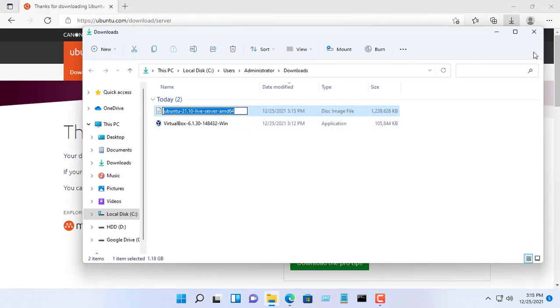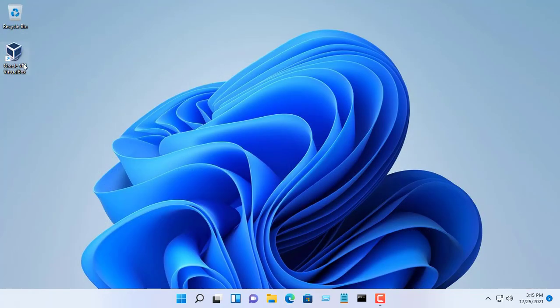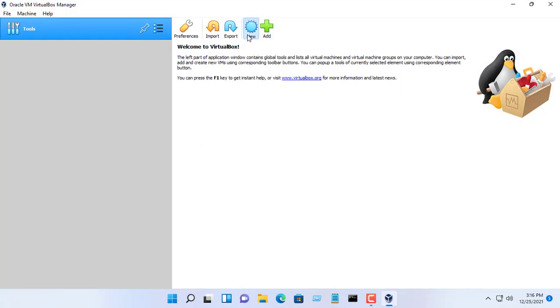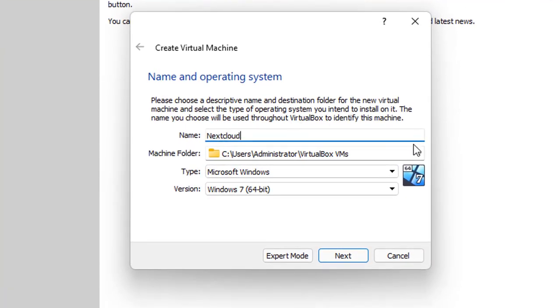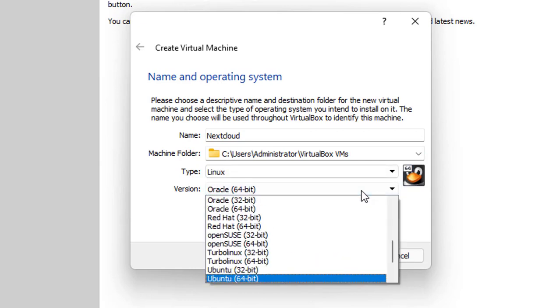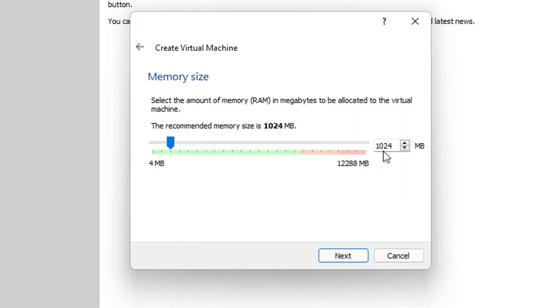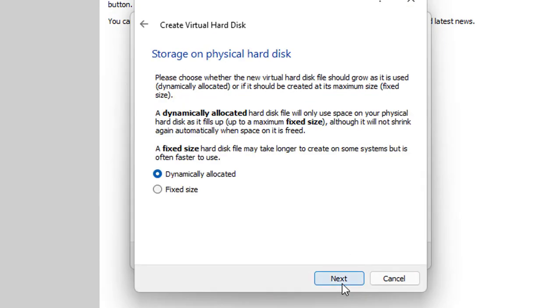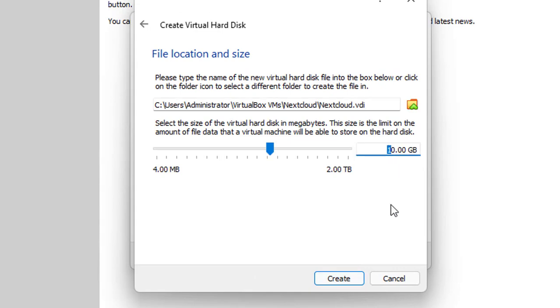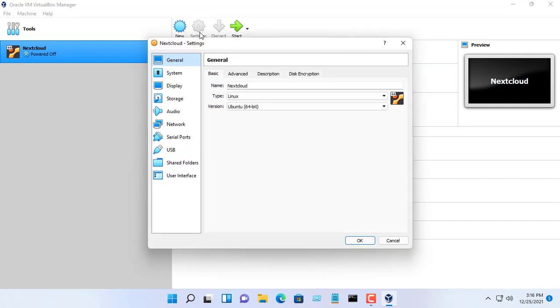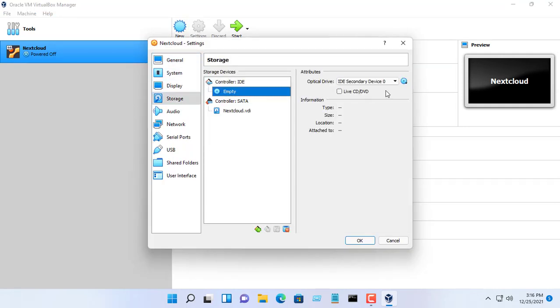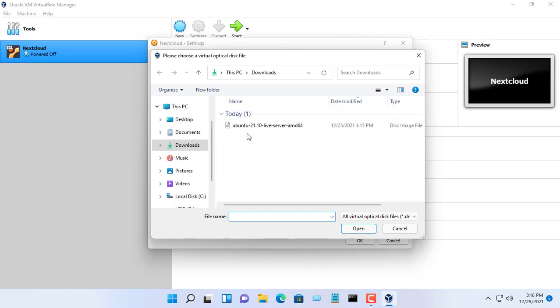After downloading the Ubuntu Server OS installer, open VirtualBox and create a new virtual machine for yourself. You can name it as you like. In this video I named it Nextcloud for easy remembering. Minimum memory capacity is 2 GB, but I recommend up to 4 GB. You choose the hard disk capacity that suits your storage needs. I choose 30 GB.